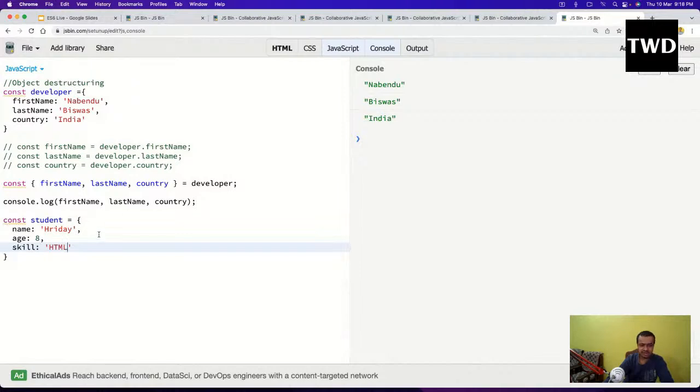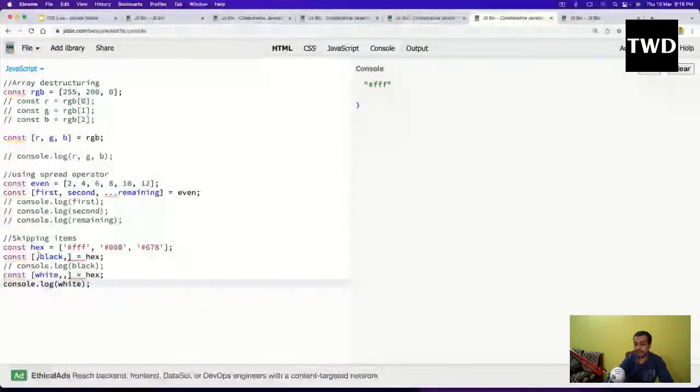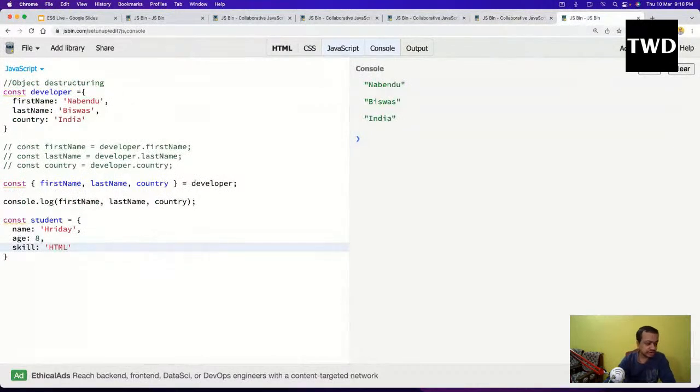We don't need any special syntax, because objects are always accessed by key value pair. Arrays are accessed by indexes, so there the comma is required, to know which is the middle one if I don't want everything. But here it is not required. So suppose I only want two things, the name, comma, skill, and then equal to student, and